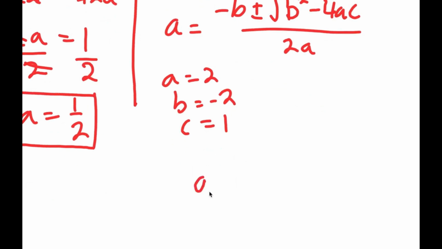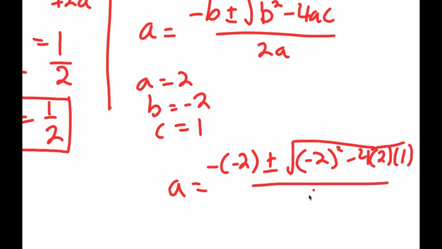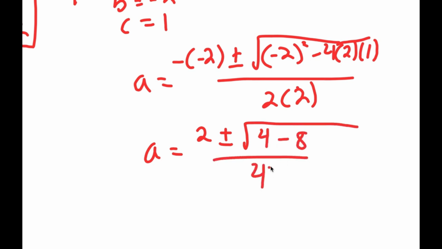So I plug these values in, I get negative of negative 2 plus or minus the square root of negative 2 squared, minus 4 times a, which is 2, times c, which is 1, all over 2a, so 2 times 2. And now this is equal to positive 2 plus or minus the square root of 4 minus 8 over 4,